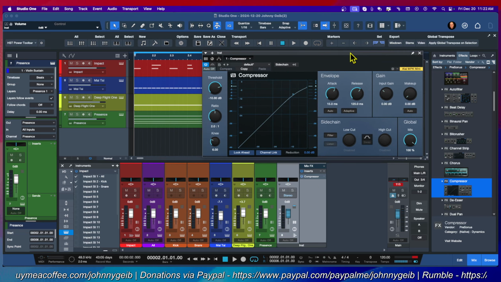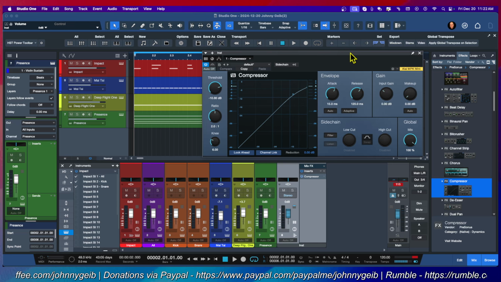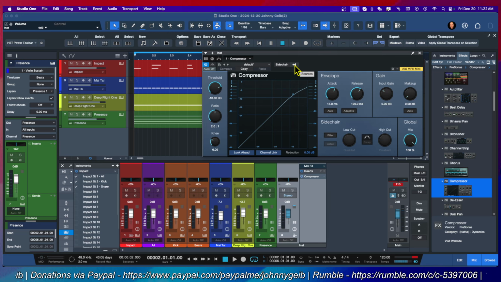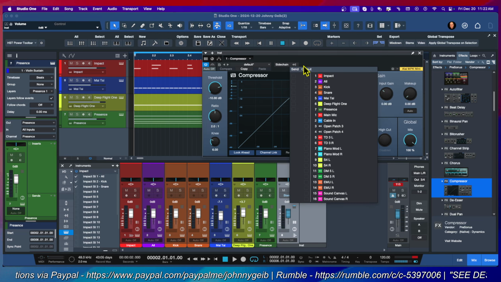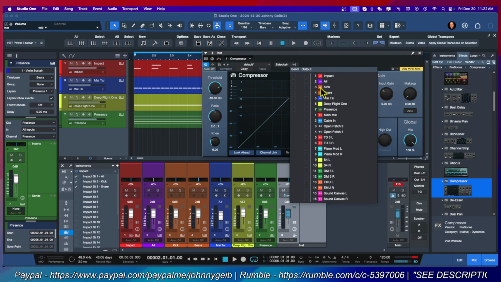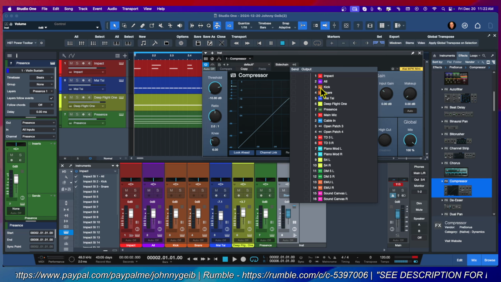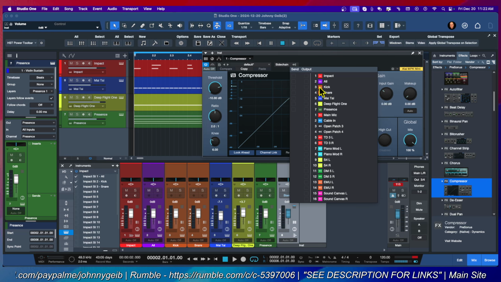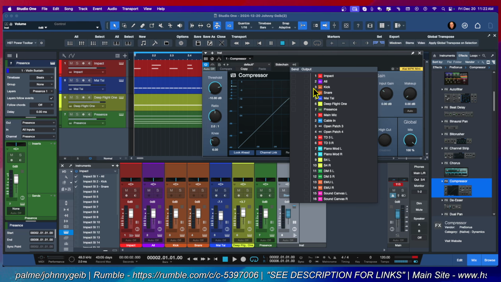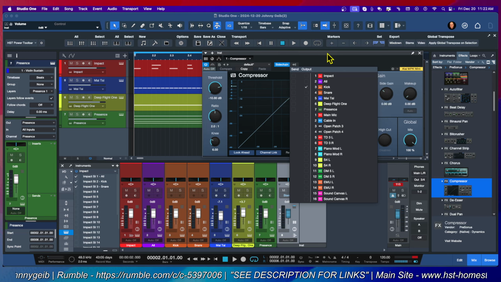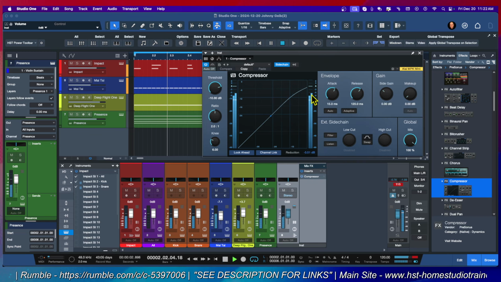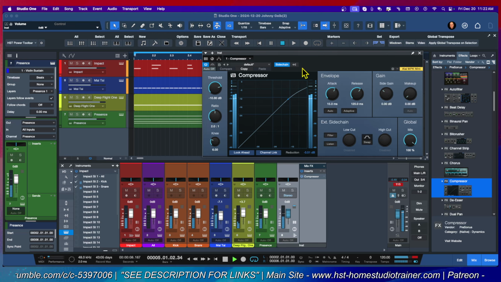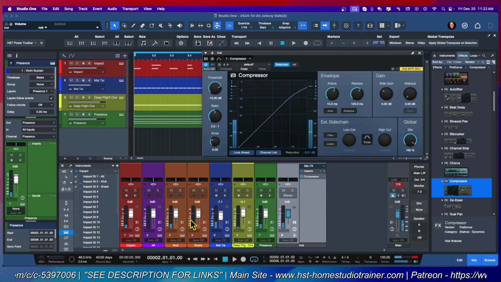So the next thing that I want to do in order to create this effect is use the side chain option. So I'm going to click on this little guy right here, and I'm going to find the kick. So basically, I don't want the compressor to trigger until the kick sounds. So I'm going to click the kick. There we go. So now, very cool. So now if I go to the kick,